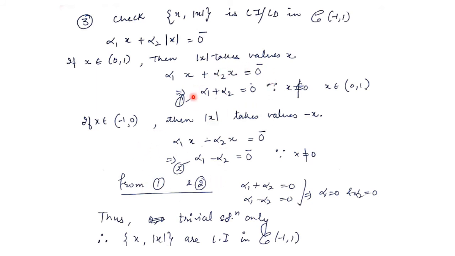We will get only one equation always. So in that case your mod of x is always the positive value of x, because our x is positive, because our interval is, let's suppose, 1 to 4. So we will always have only one equation in two unknowns. So it means infinitely many solutions. So we will get alpha 1 is nothing but minus alpha 2. So in that case this set is a dependent set. But in this case this is independent because it is defined on the interval minus 1 to 1. So we have two cases.